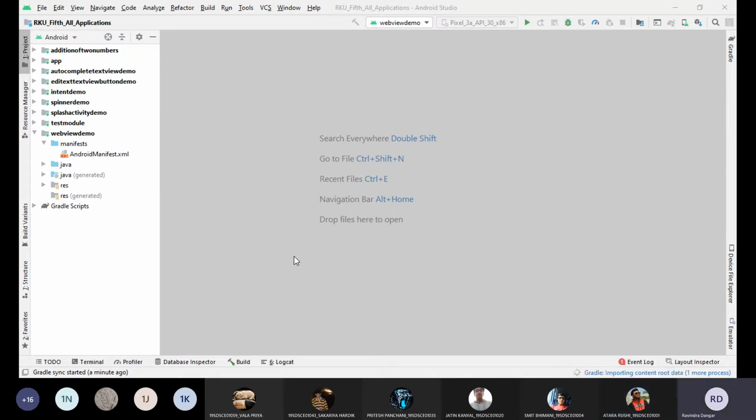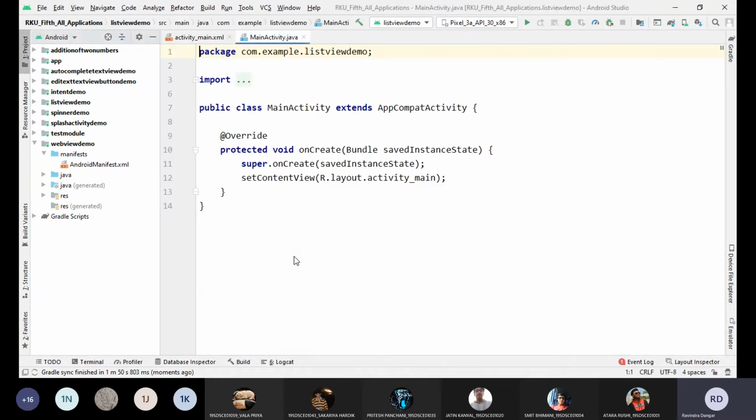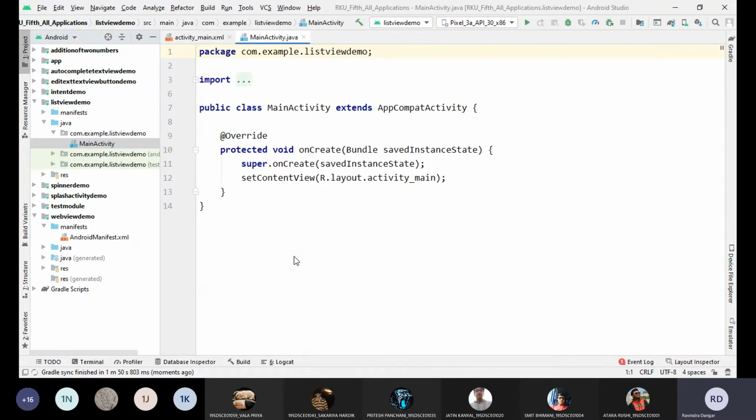Okay. So for example, in your activity, if you want to set two layouts, fine. Let's say the default layout is linear layout. Outside the linear layout, if you want to set a particular view, let's say you want to display a list view outside the linear layout, then you can do that also. Accordingly, you need to set the width and height for the first layout. Let me just explain you. Let me share the entire screen so that I can explain it clearly.